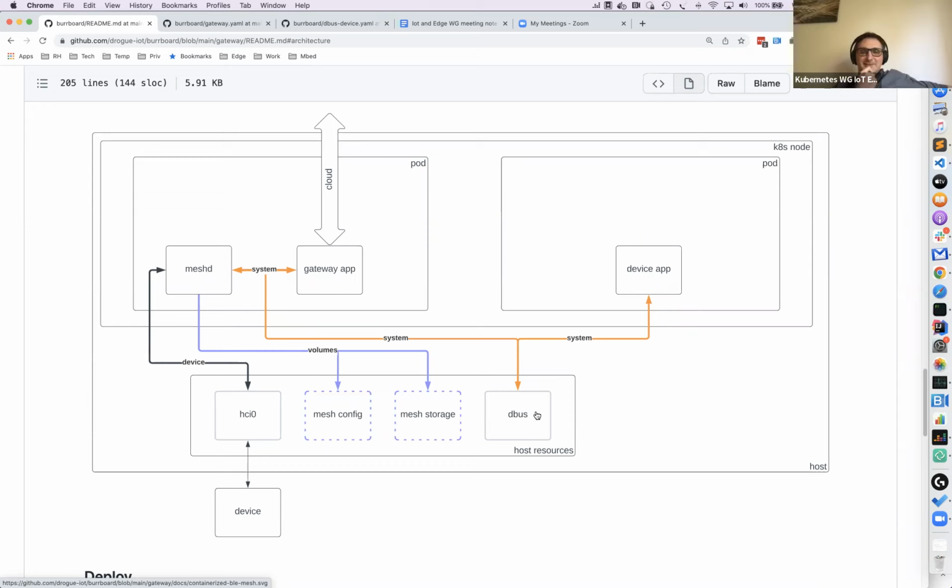It's not a decision we made. That's how the mesh daemon in a BlueZ Linux stack works. Okay, so that's implementation. So it was just something that was already there, as opposed to, for all I know, one having performance or latency advantages. I just don't know enough to know, but I was just curious.